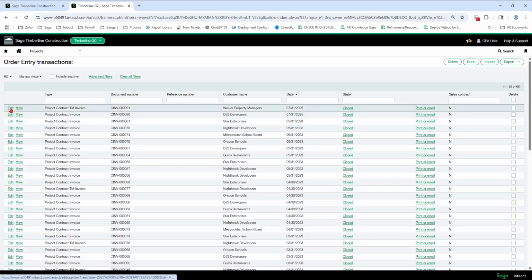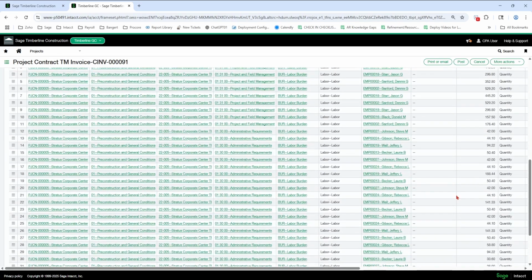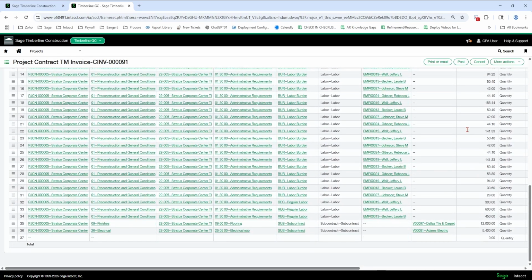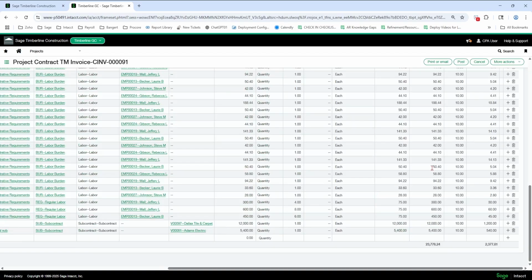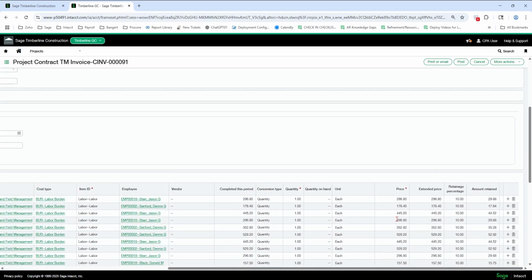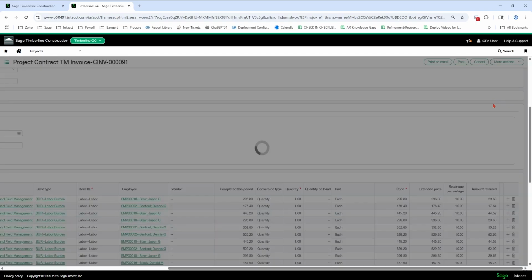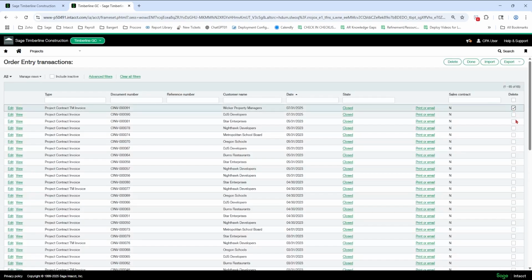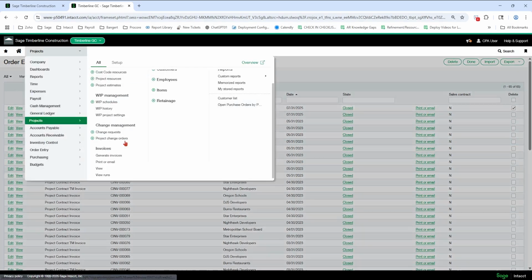Couple things I want to point out. Do not try to edit the invoice down here in the amounts. If something is not quite right, you have to redo the billing. You're going to want to delete it and redo the billing. These are not editable once you have generated the invoice. Okay, it looks like you can, and you might be able to, but it does not treat it properly. So you will have to fix them by deleting and redoing the time and material or prior billing. So delete, and then you'll regenerate the screen all over again under generate invoices. Okay.